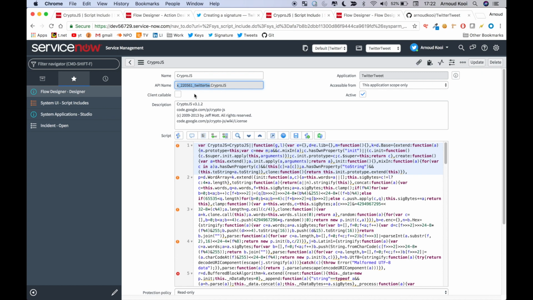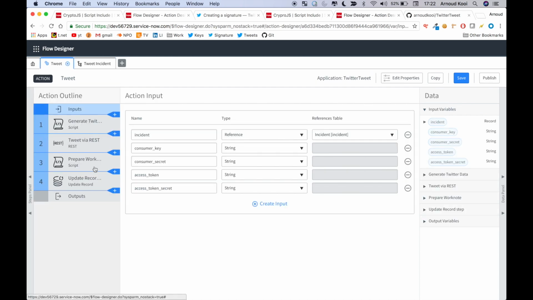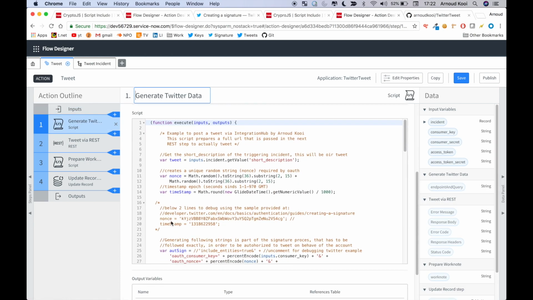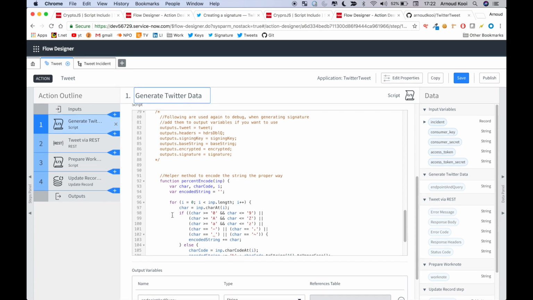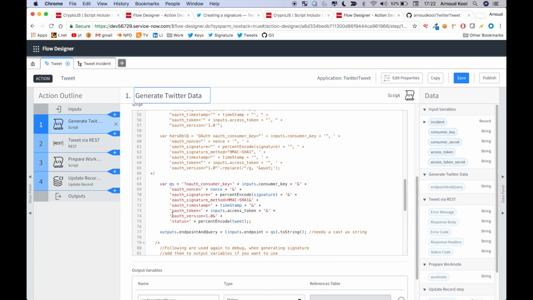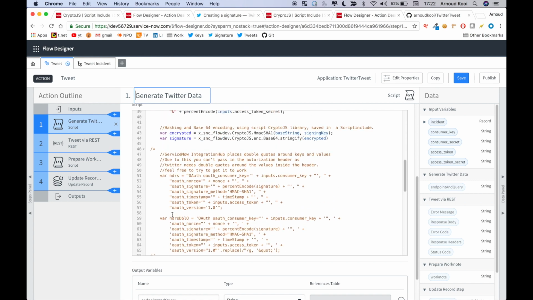And I need to change this reference because it's used in the script step. Over here, the script includes, where is it? It is called